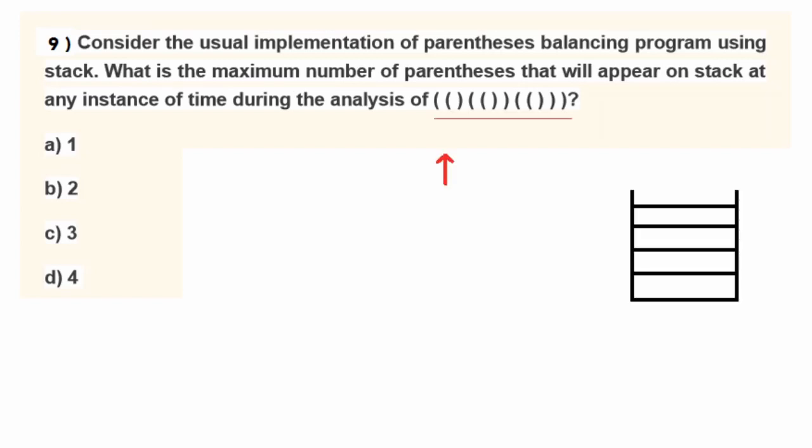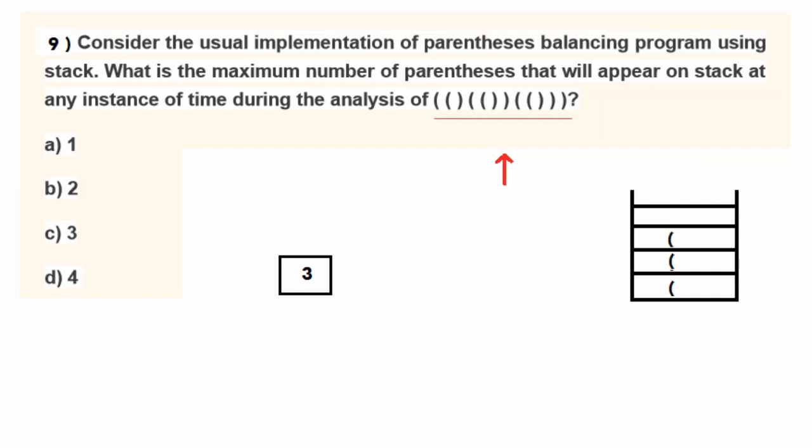So as you can see in the input, we have 2 opening parentheses. So first of all we will put both the opening parentheses in the stack, and at this point of time we have 2 parentheses in the stack. After this we have a closing parenthesis, so for this we will take 1 opening parenthesis from the stack. Now on moving forward we have 2 opening parentheses, so after this we will again push these 2 opening parentheses in the stack. And as you can see at this point of time we have 3 parentheses in the stack.